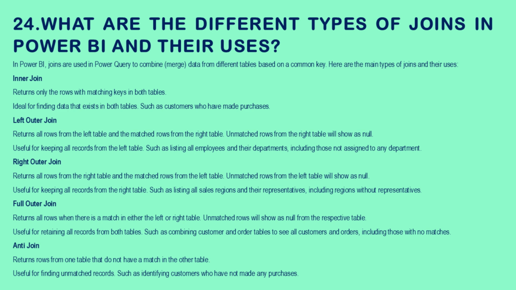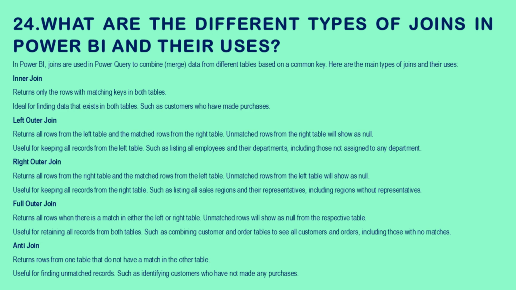assigned to any department. Right outer join returns all rows from the right table and the matched rows from the left table. Unmatched rows from the left table will show as null. Useful for keeping all records from the right table, such as listing all sales regions and their representatives, including regions